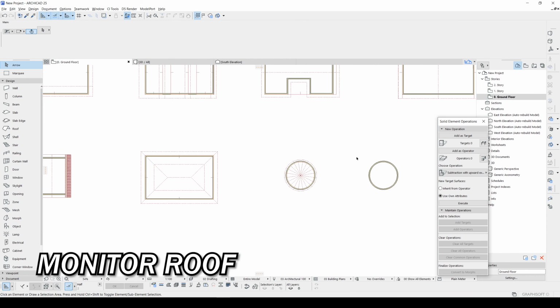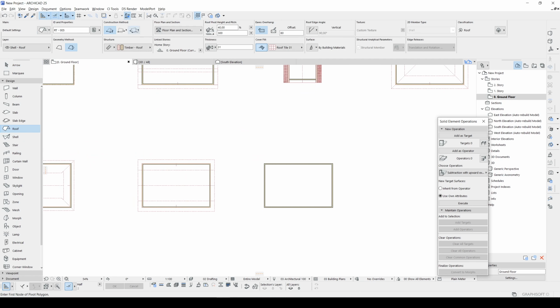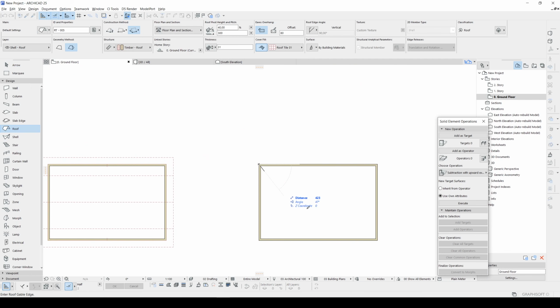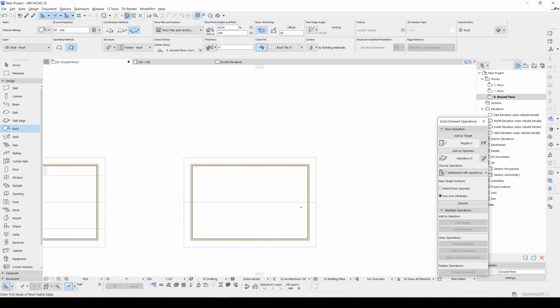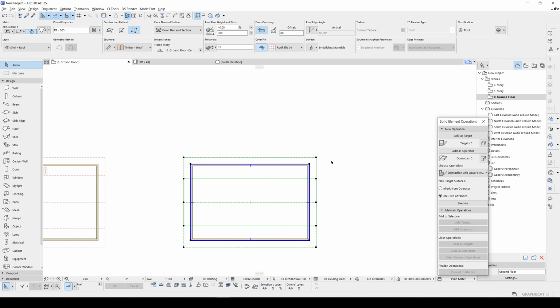Let's go to floor plan, go to roof, and the third gable. Just like this. Now we are going to create a hole inside of it.